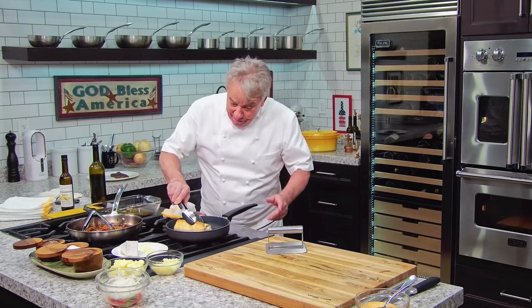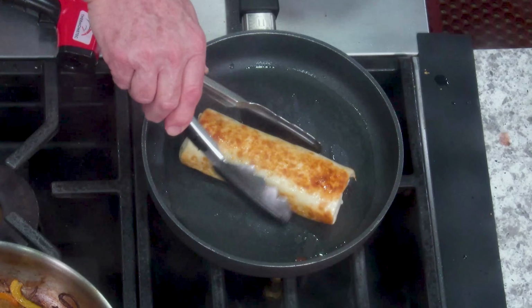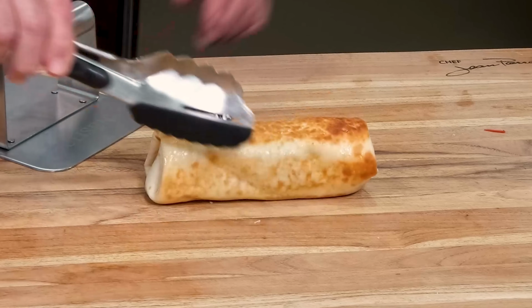Now I turned the heat off, friends, because it's getting too hot. But you see at the end, it goes really, really fast. And that's all we need, right there. All right? So now,